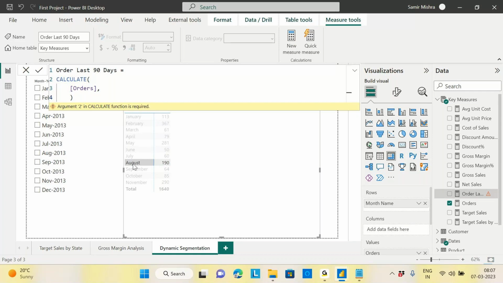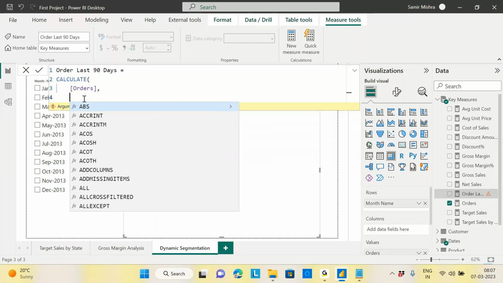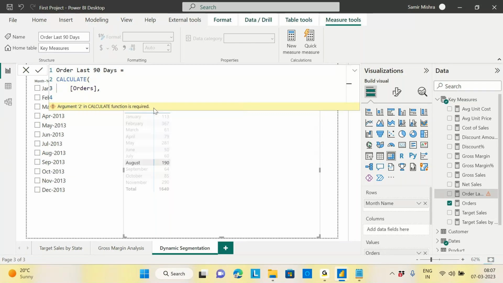Got it? Good. So it will be July 31st, 90 days. No, no, from 31st August. If I am on August, if I want to calculate the last nine